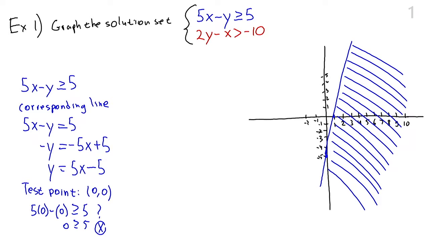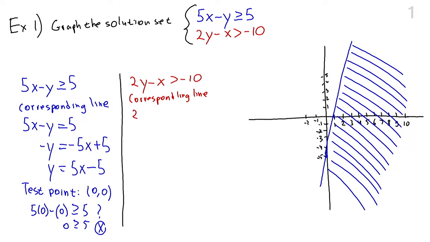Next, we do the second line. The second line, or the second inequality, is 2y minus x greater than -10. We look at the corresponding line, and the corresponding line is 2y minus x equals -10. We put that in